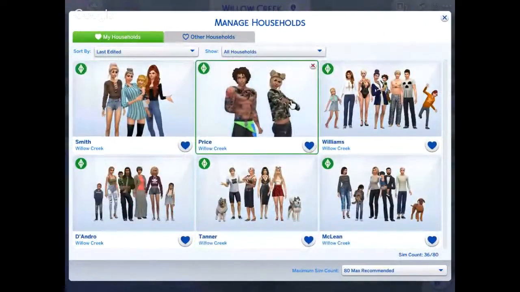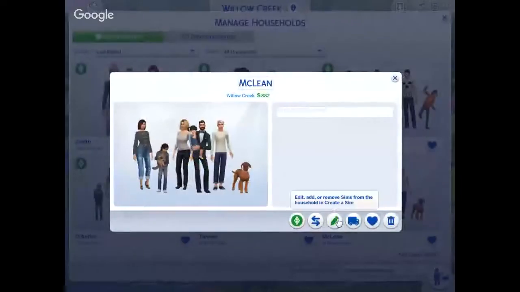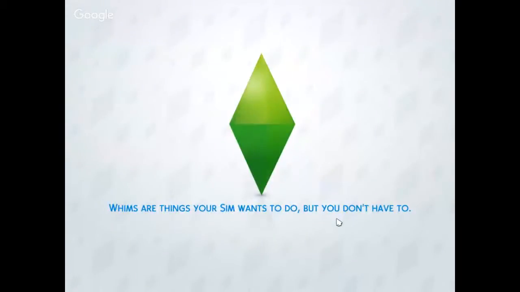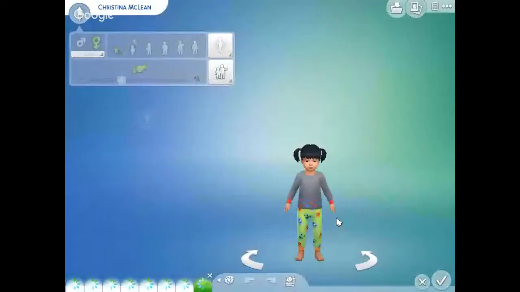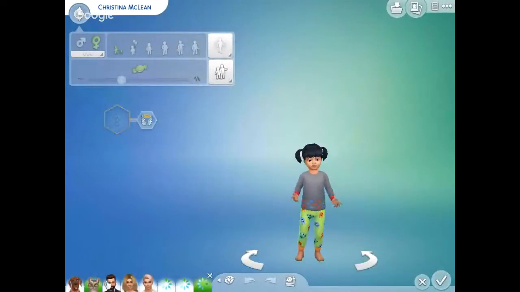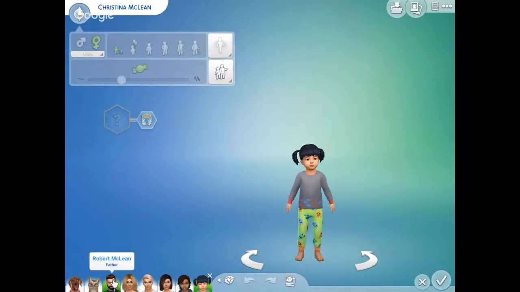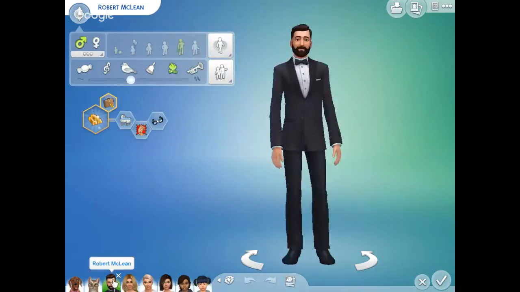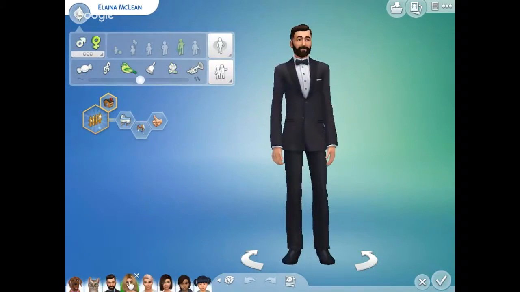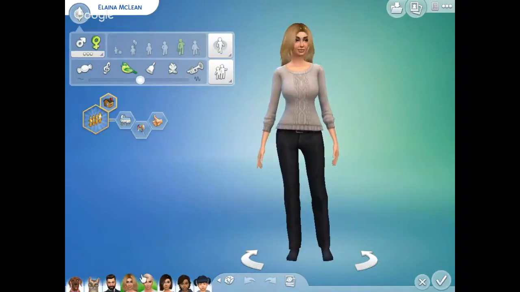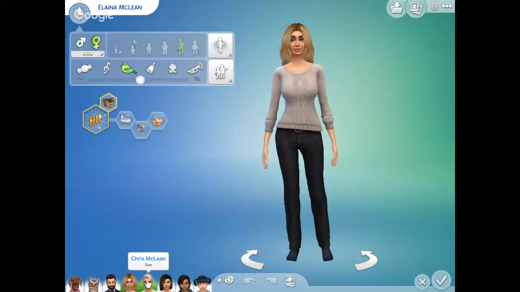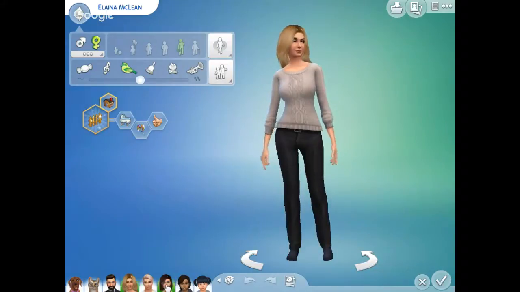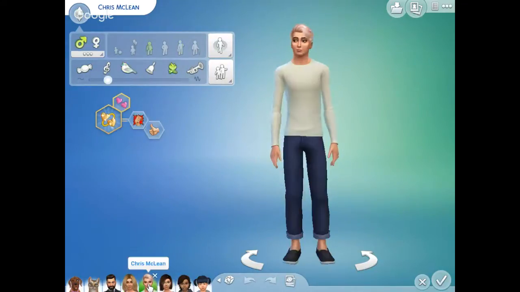Next family that I made, I believe, is this family. Most of the families in this community are pretty messed up, except this one. This family is really stable, wealthy. They're basically normal. The parents look pretty normal, and they have two teenage twins, Chris and Carmen. They're both part of the friend group.